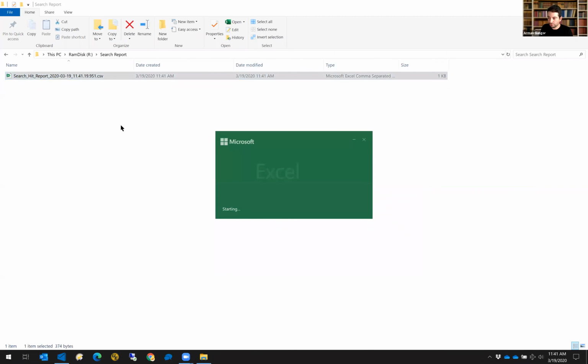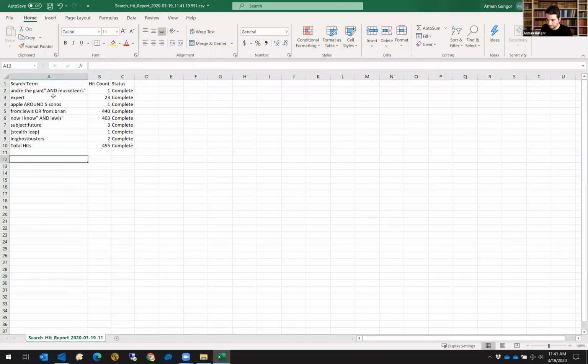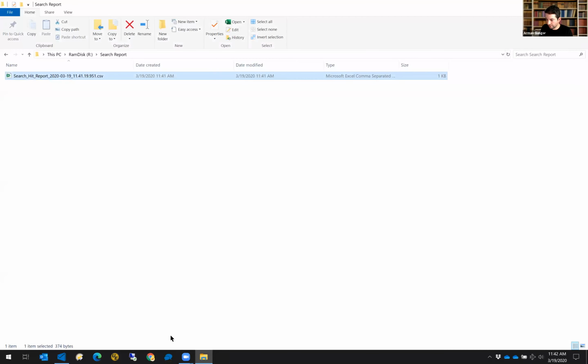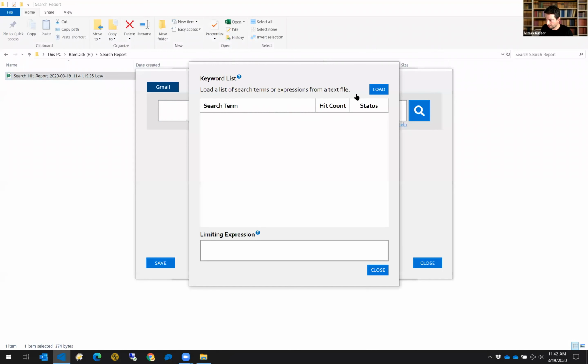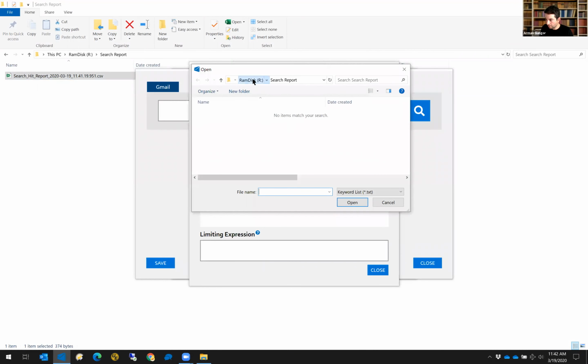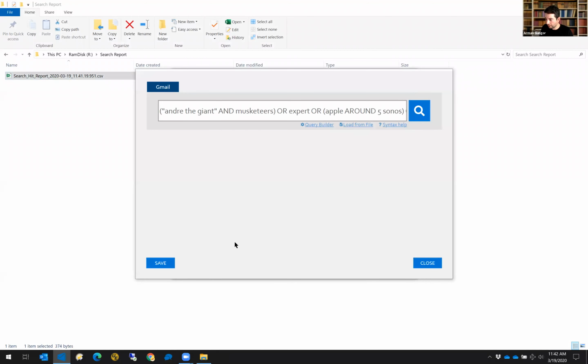So this search report looks something along these lines. We have the search counts, the status, and the total hits, and how many hits we got per item. And if we were to proceed with that acquisition, let's see, I don't think I saved that, so let me do it again. Search terms, convert to query, save,